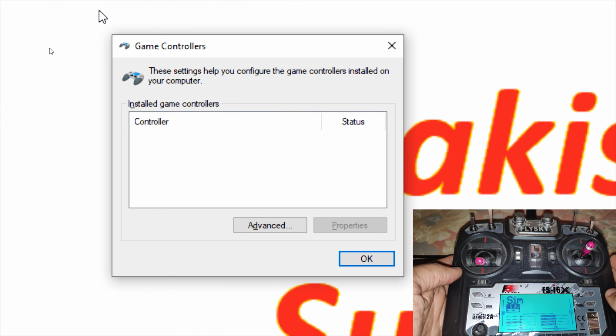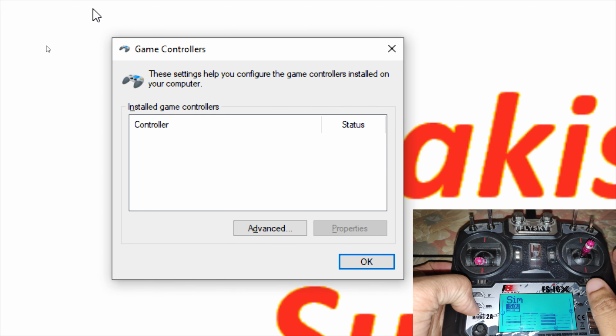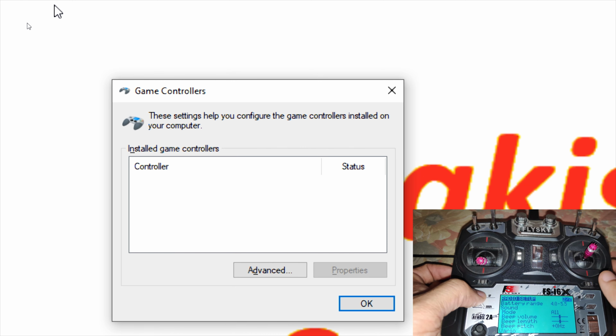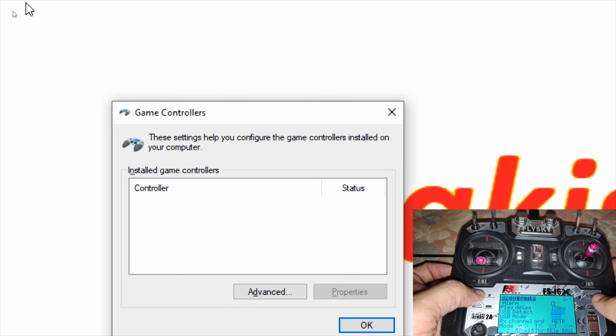Now let's say if your radio is not displayed in the USB game controller, then that's most likely due to the wrong drivers that are installed in the computer. So first you'll have to install the correct drivers for the radio transmitter. And from what I've figured out is, if we go to the radio setup and select the USB detect option,